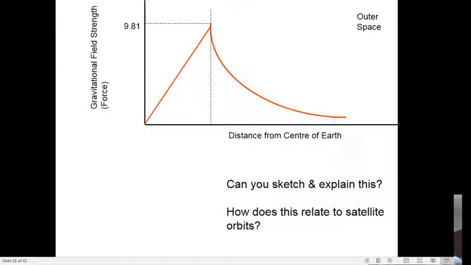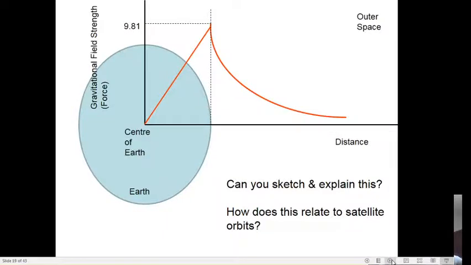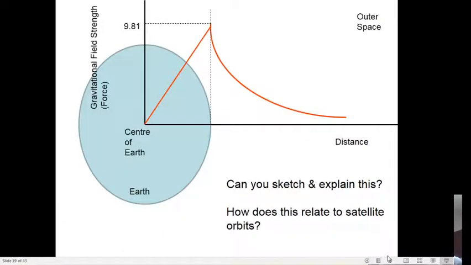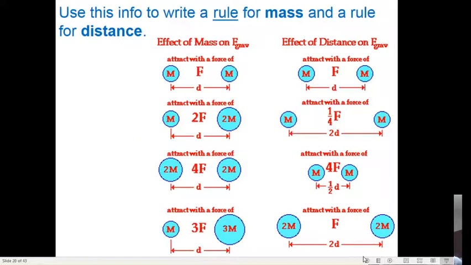And that's going to link to how fast it travels. Because if it's close, it's got a lot of gravitational field strength pulling it in. And if it's further away, it hasn't got as much. So if we can use that as ideas, we can perhaps start thinking about satellite speed of orbits and such like. If we link that diagram to this next one, so there's the Earth's gravitational field strength,